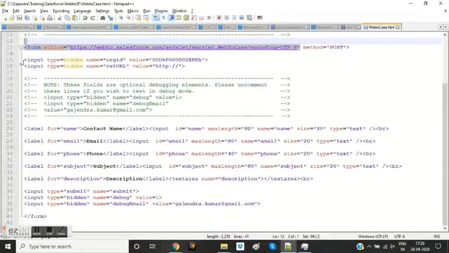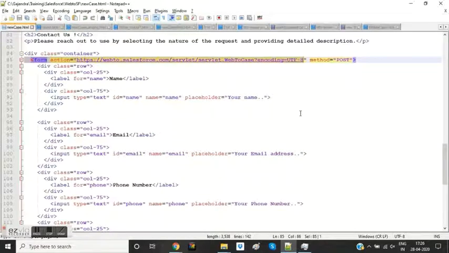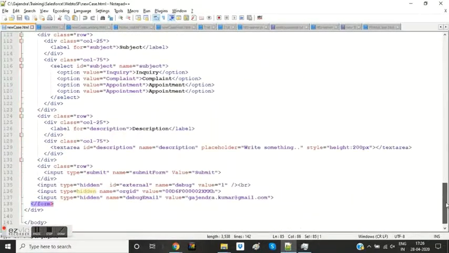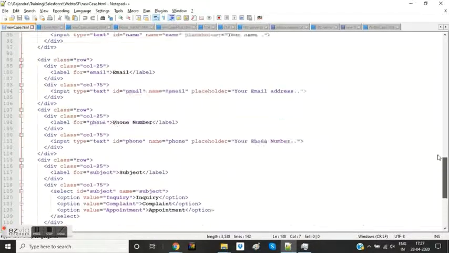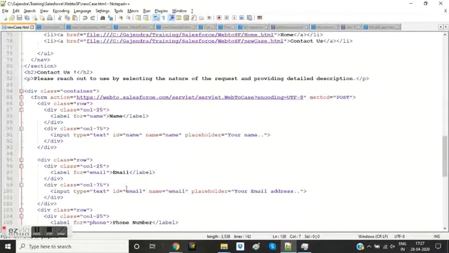Now, org ID and return URL. We have the org ID over here. Return URL I do not want, so I removed it. Return URL is not important at this moment. I have also enabled the debug-specific tag and given my email address where I will receive any debug-specific information. The rest of the fields are name, email, phone number.